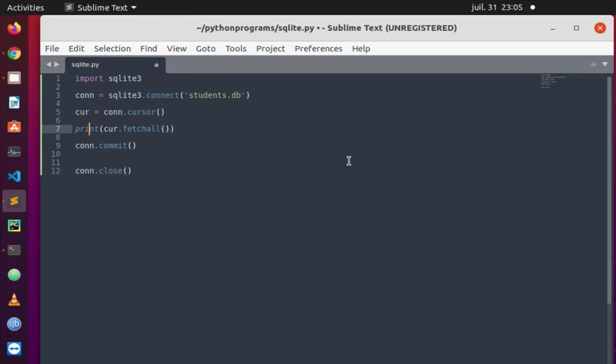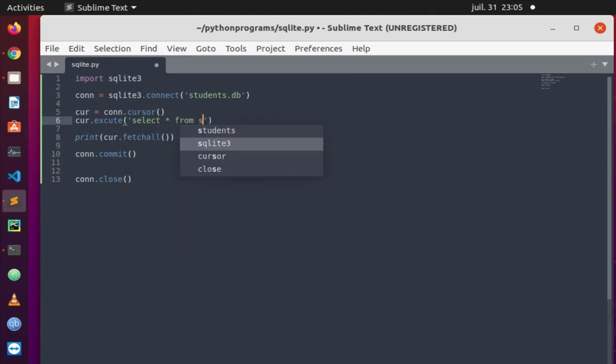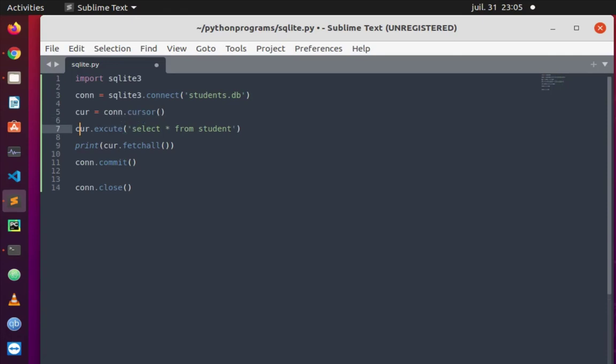But first of all, let me just create here our SQL statement with the execute method. So let's select all from our table, which is called student, not students. Okay, so here we have executed our query, select all from student, and here we'll print using the